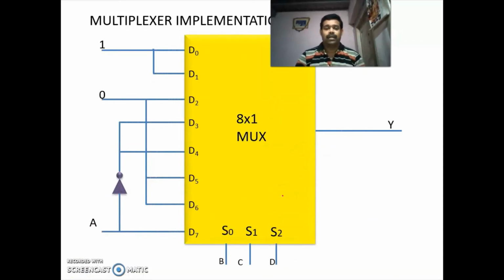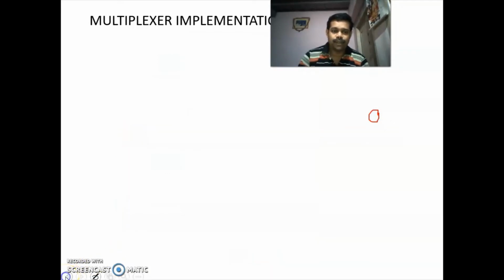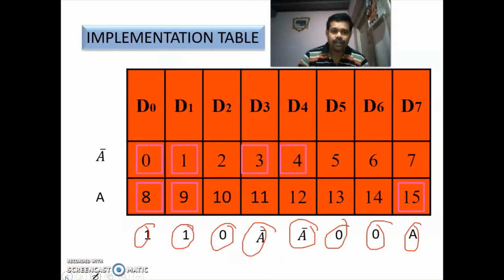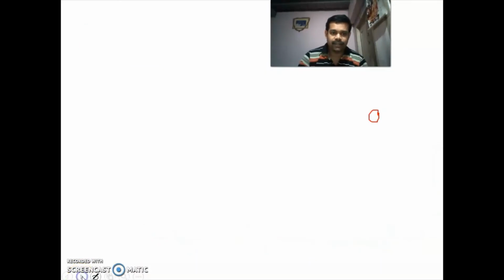So this is the implementation. For the values which are given in the question, it will give the output of 1, and for the values not present in the question, it will give the output of 0. For example, from the question we take 9 and 10. 9 is given in the question and 10 is not given in the question.